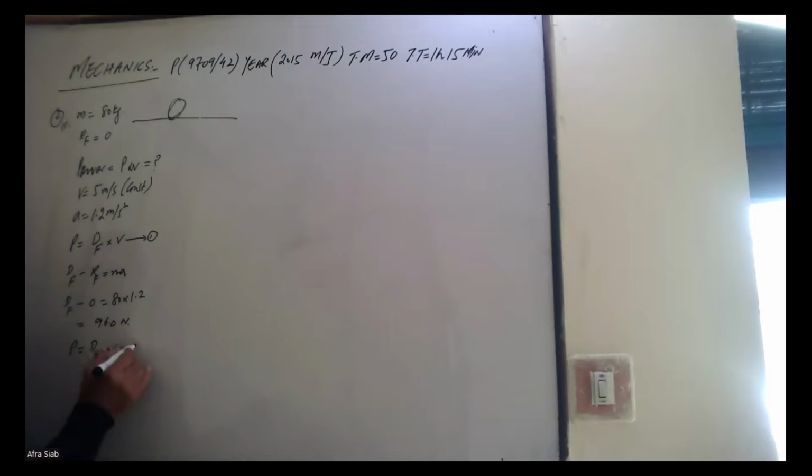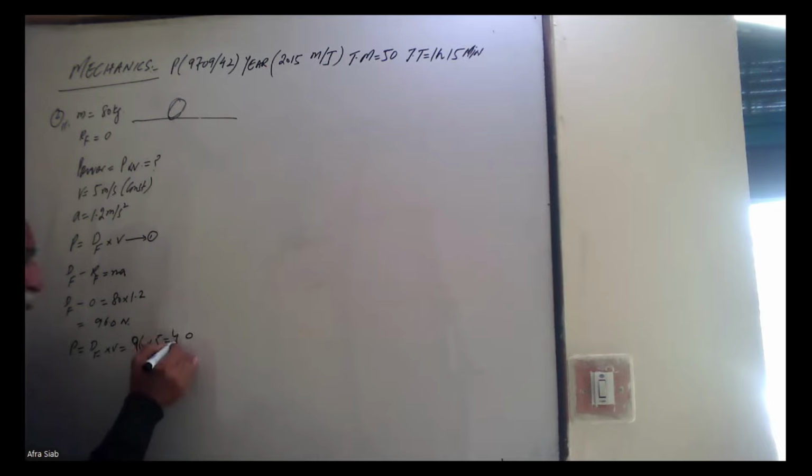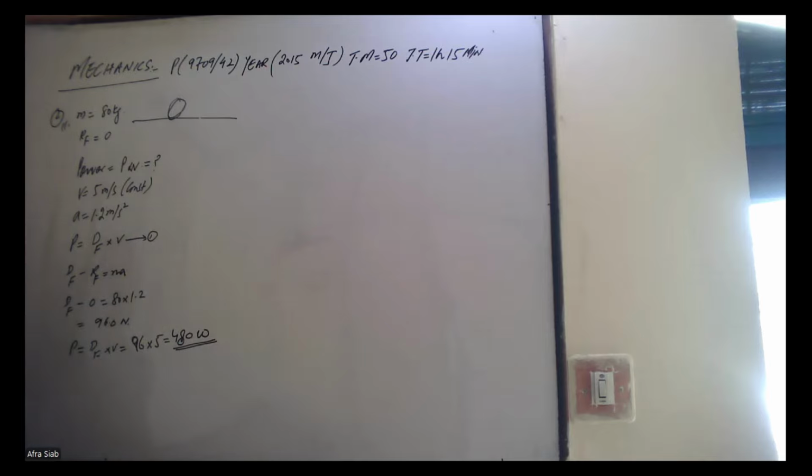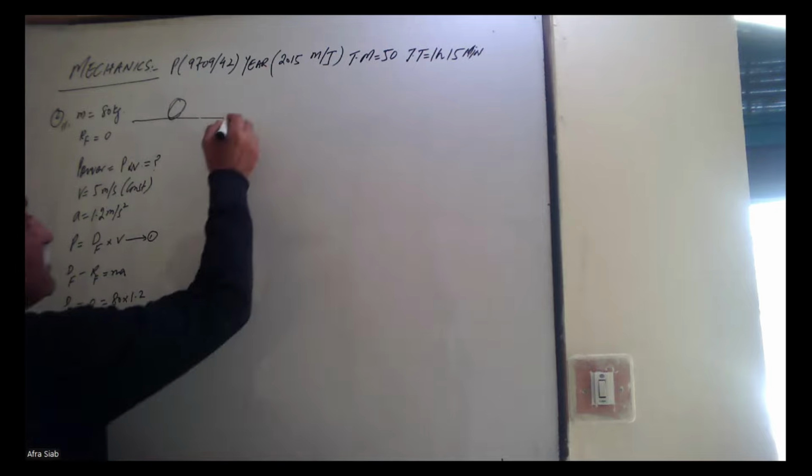Now, power is equal to driving force into velocity. So this will become 96 into velocity, which is 5. So that value is equal to 480, and the unit is watt. So 480 watts will be the power of that cyclist. The second part of this